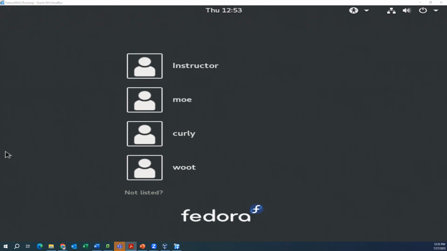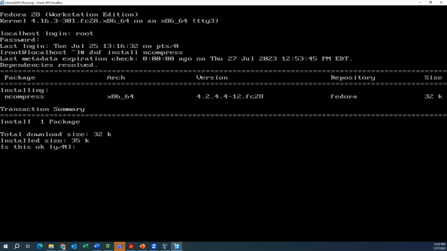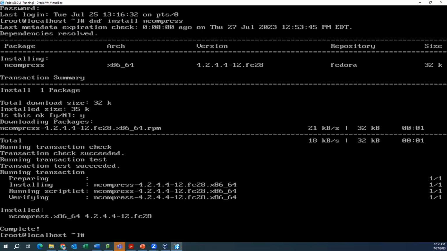Lab number 5.9 requires you to log in as root in the TTY3 terminal, and then run dnf install ncompress, fks. Now the other thing we need to do is